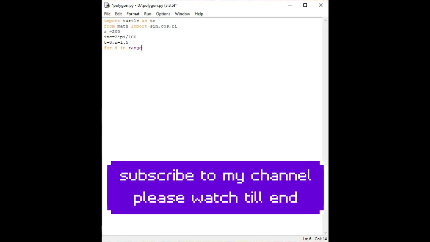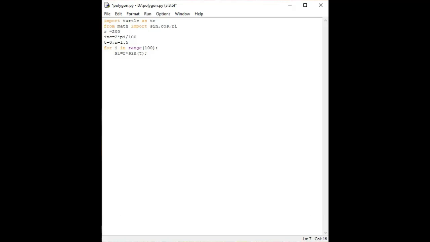and then x1 is equal to r times sin t, and then y1 is equal to r times cos t, and then x2 is equal to r times